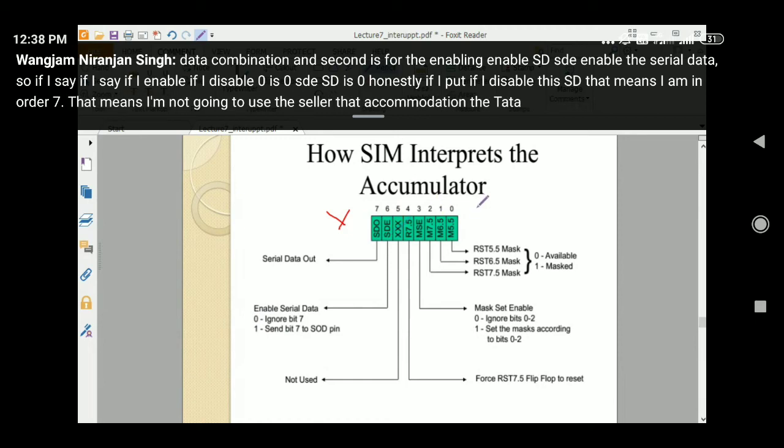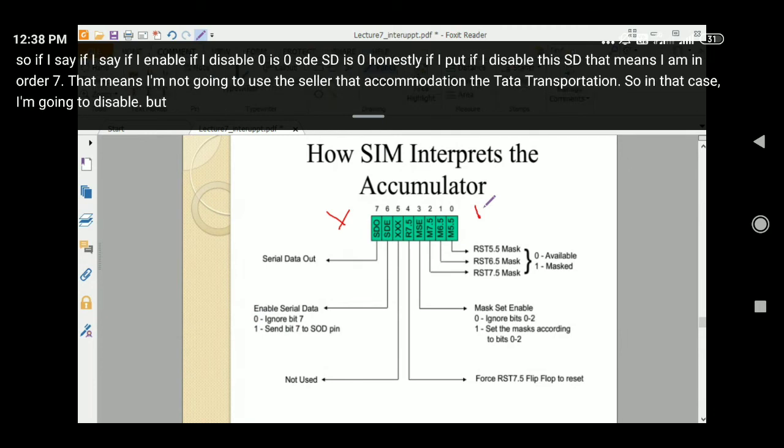The SIM instruction can be used for serial data communication, and also for masking the particular interrupts 7.5, 6.5 or 5.5. So it has two functions.